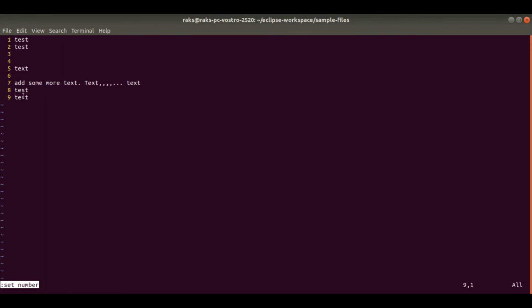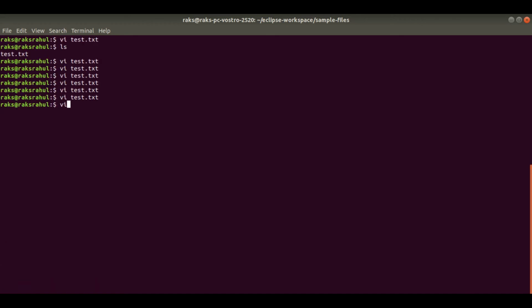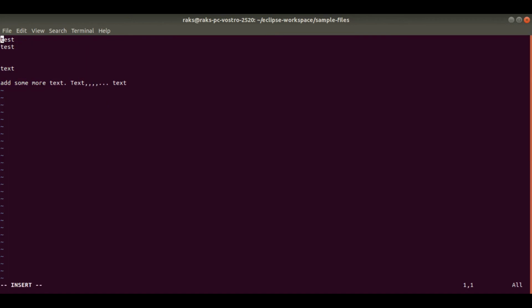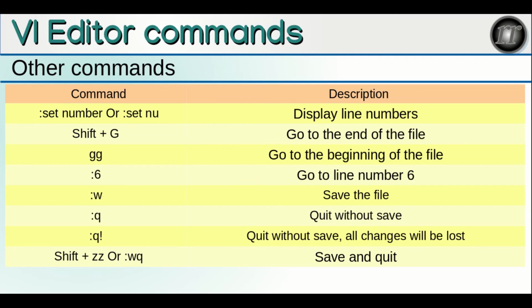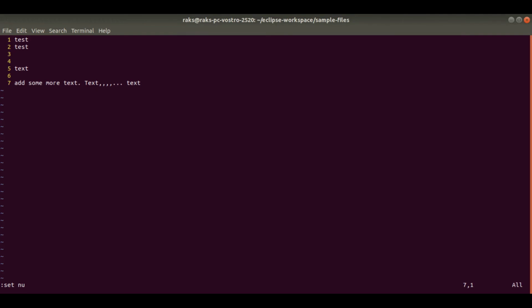You can also use set nu, which is the short form of this command. It will also display the line numbers.